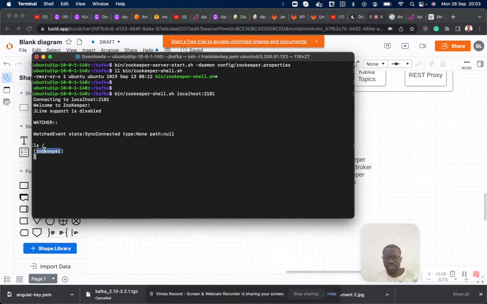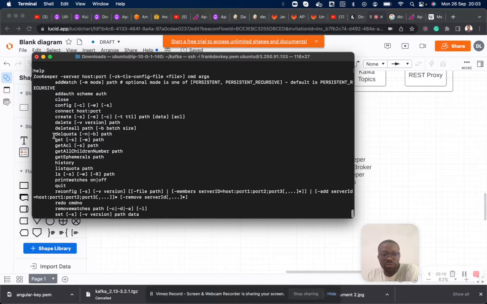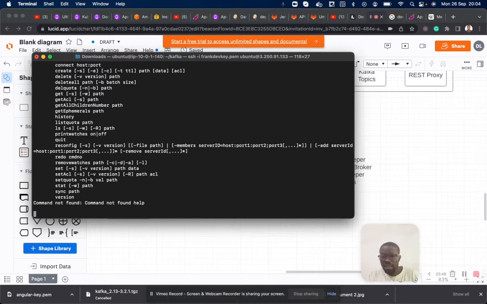We can go ahead and create other nodes, we can delete nodes, and we can manipulate nodes, which we shall see after this phase. You can type help, and help will show you a lot of commands you can use to play around with and manipulate Zookeeper. In this video, like I earlier said, we are going to keep it very simple. We will look at the Zookeeper four-letter words, how to create a node, how to send data into the node, and how to delete the node, wiping everything clean.